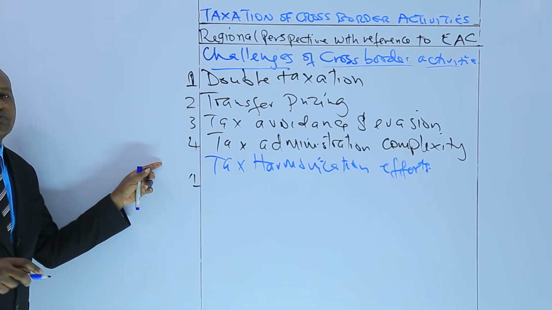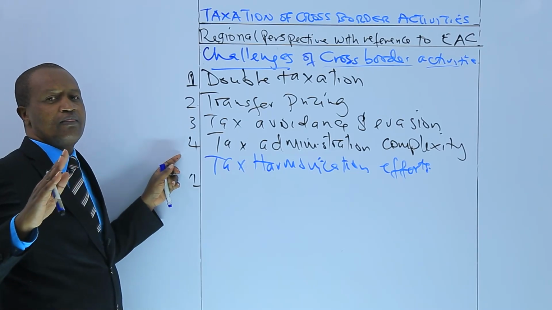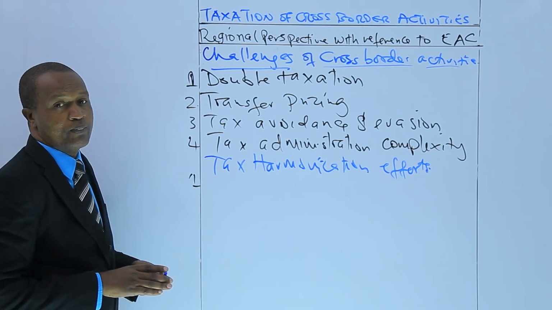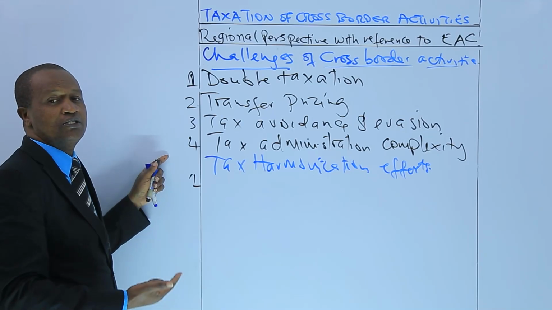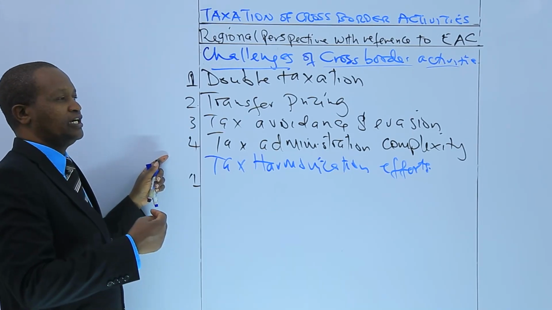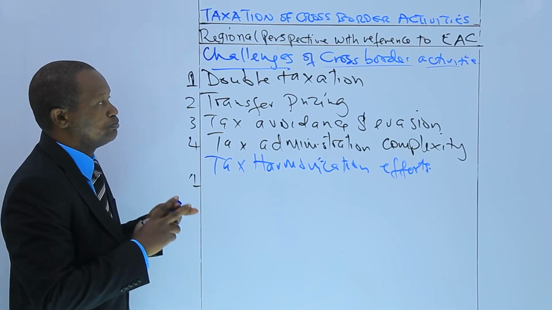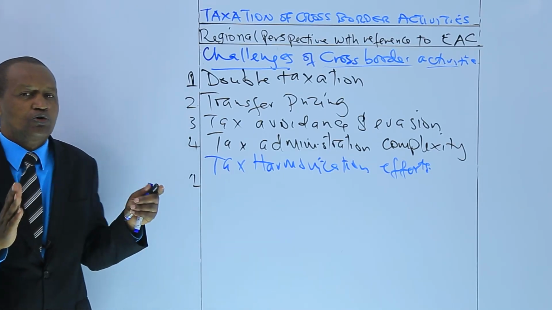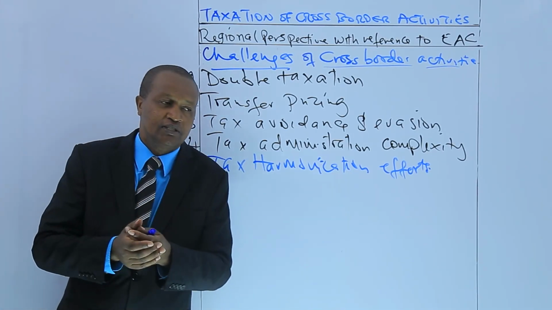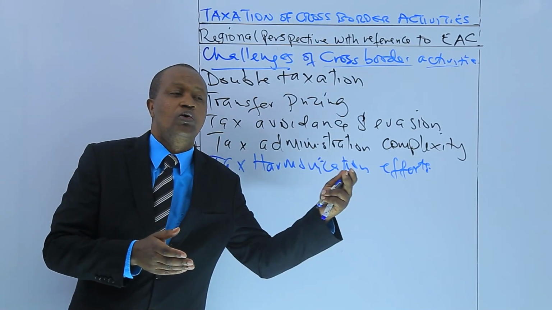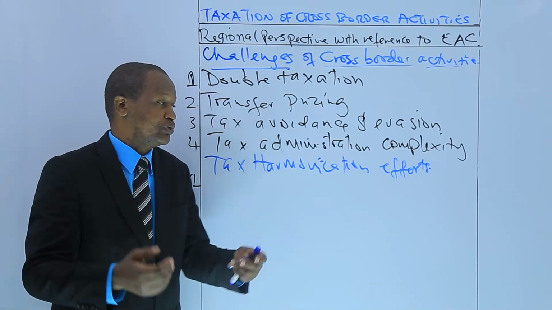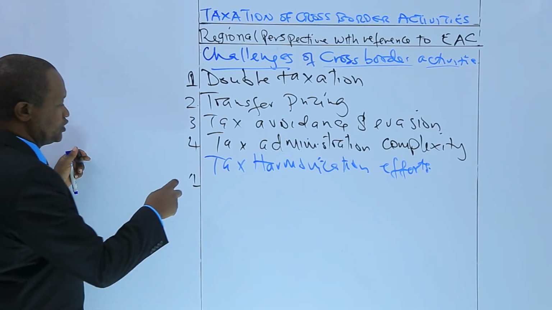Now, candidates, the East African community as a regional bloc has taken significant steps towards harmonization of tax policies and also reducing barriers to cross-border activities. The bloc has put in place measures. It has taken significant steps that have gone a long way in harmonizing tax policies and also reducing barriers to cross-border activities. The first effort,